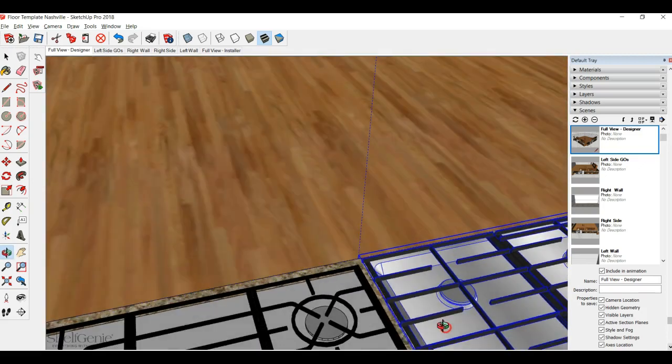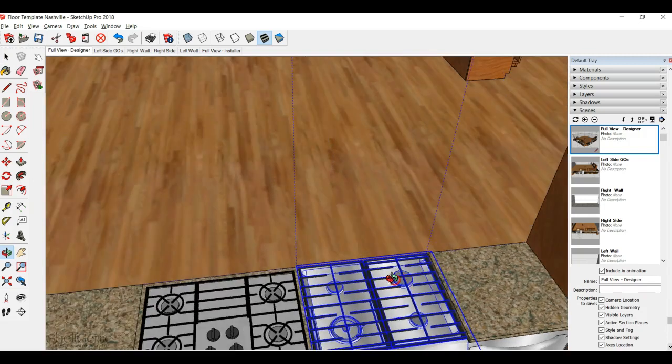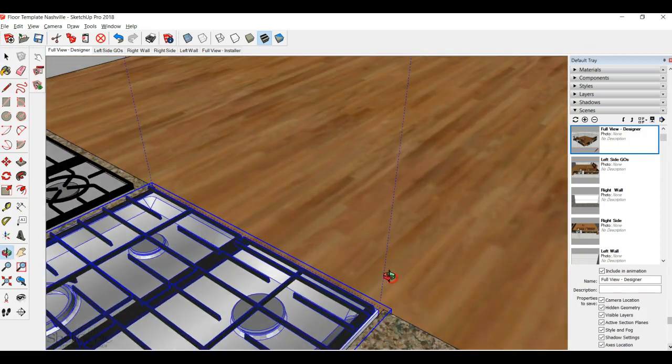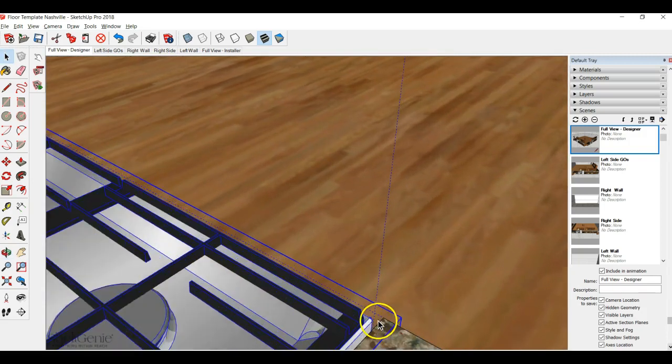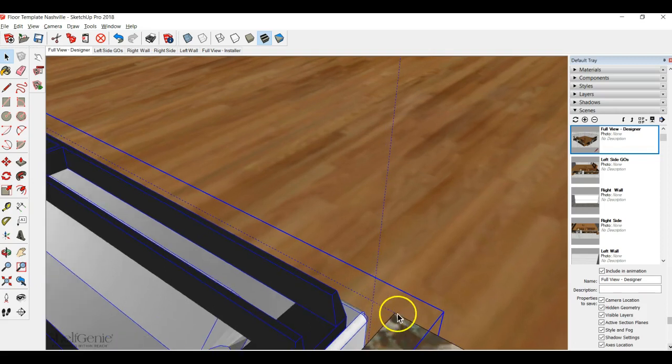So if I look, what I've got is the guideline from here and the guideline from there. And let me see if I can see it better on this side. Yeah, so there's the guidelines where they interact. So that interaction there is what we would butt up against the